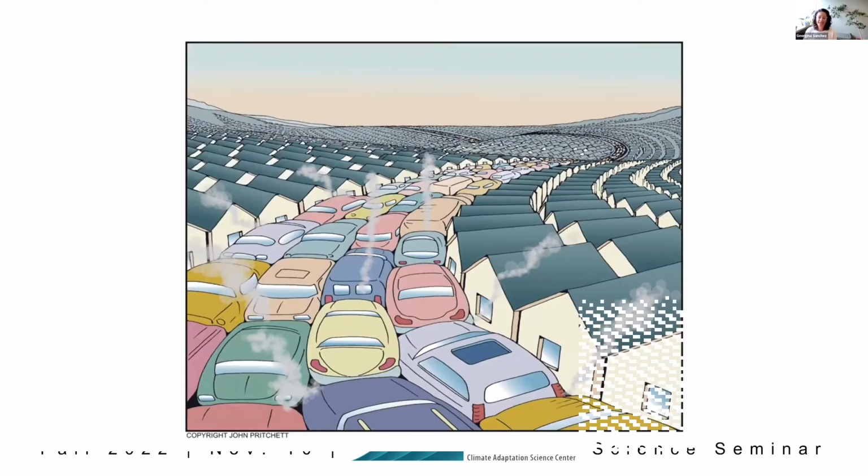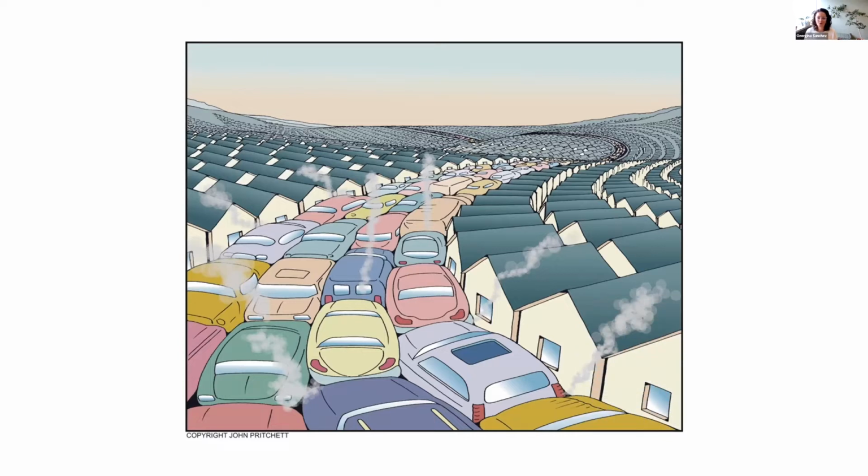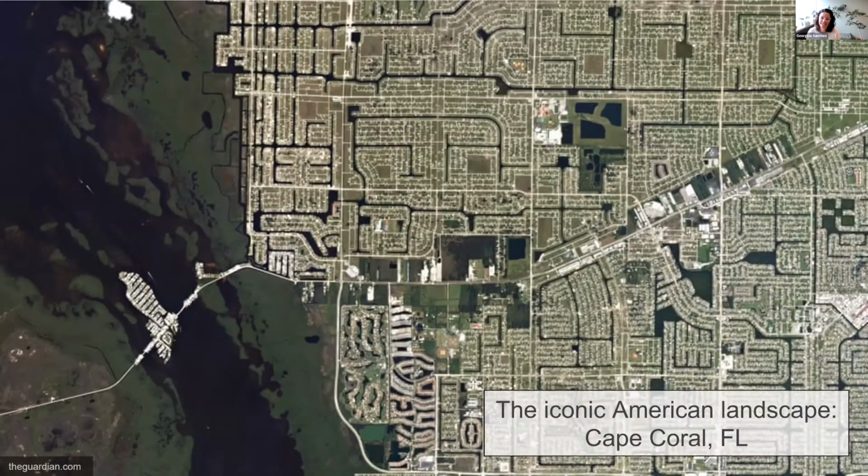There you go. So most of us, we drive to work, we drive to dinner, we drive to meet our friends. We have car-dependent lives and economies that require limitless supplies of land and resources. And in many cases, this has led to unsustainable development patterns of growth that fragment habitat, degrade our air, water, soil quality, and alter hydrology.